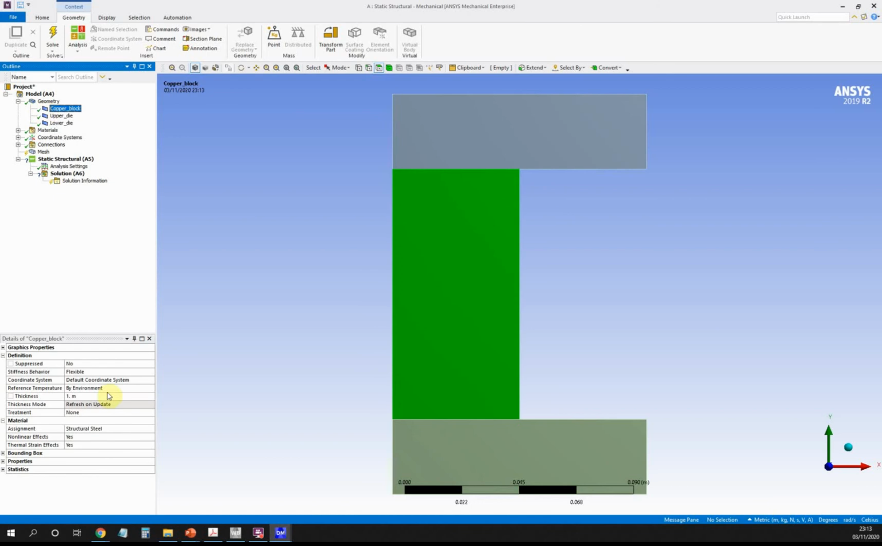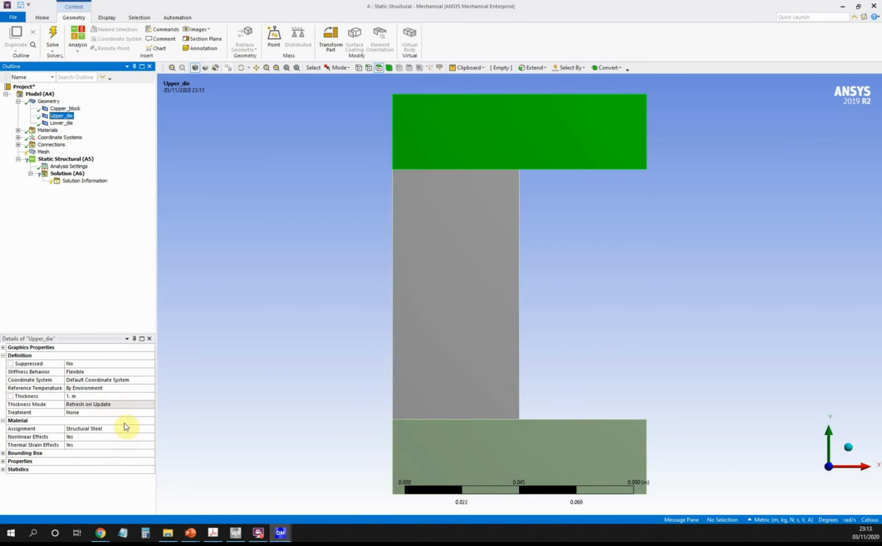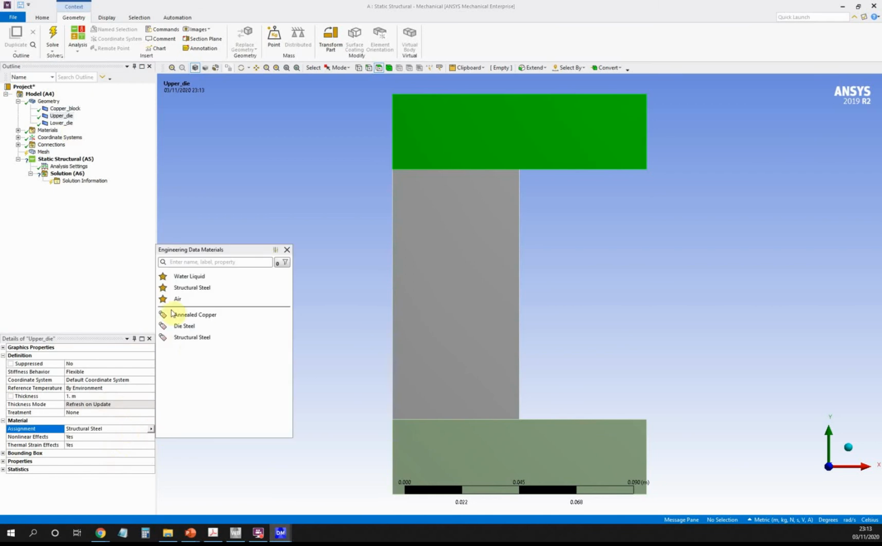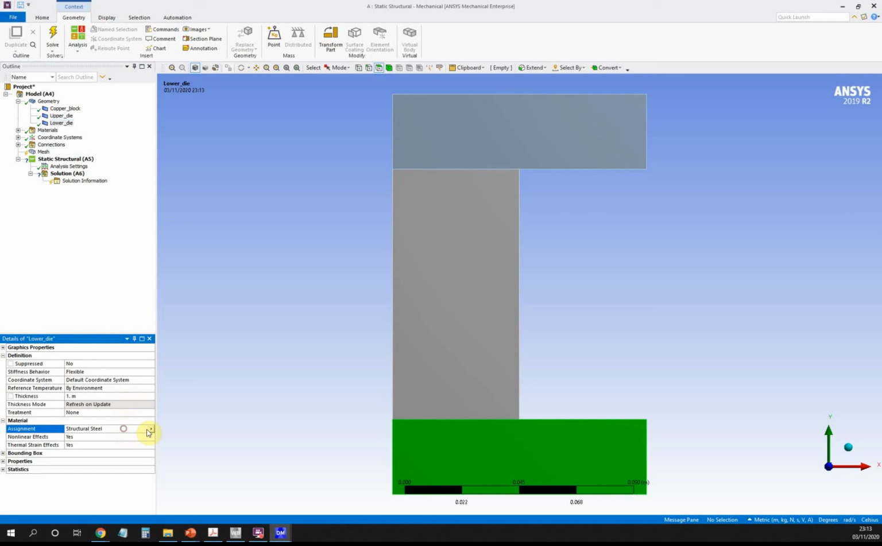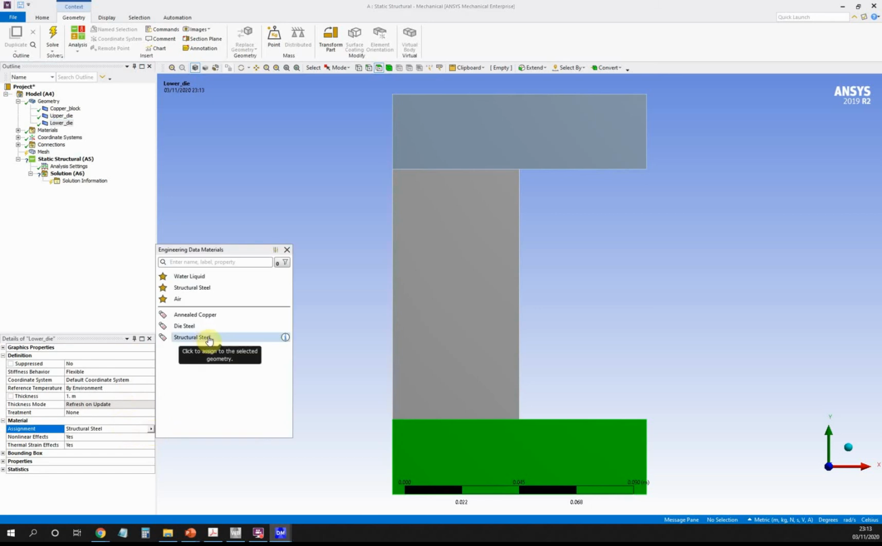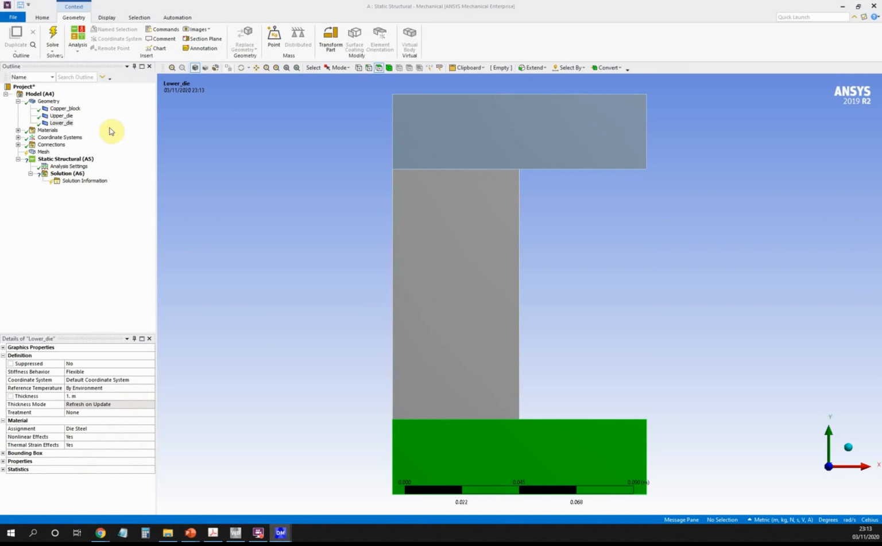So back to the copper block, we want to make sure that that is the annealed copper, and that the upper die is the die steel, and the lower die is also the die steel. So the structural steel is the default that comes with Workbench. Okay, so we just change it to the ones that we defined. So moving down here then,